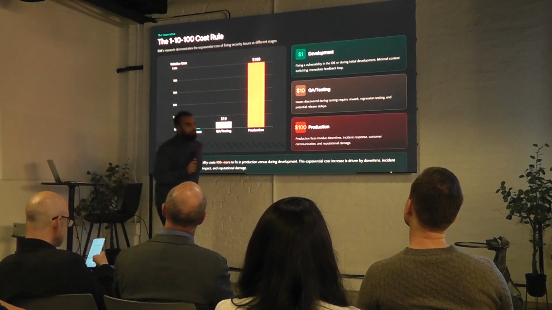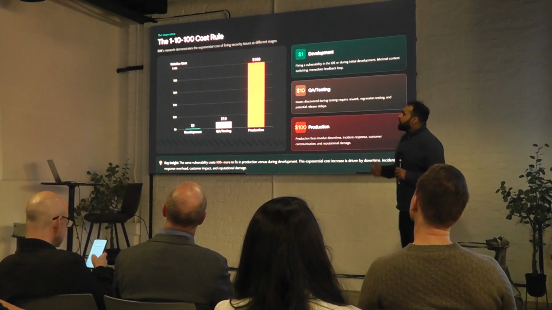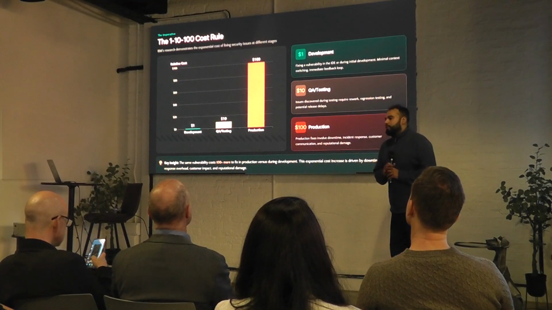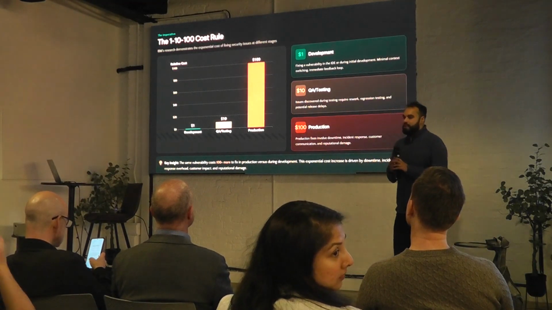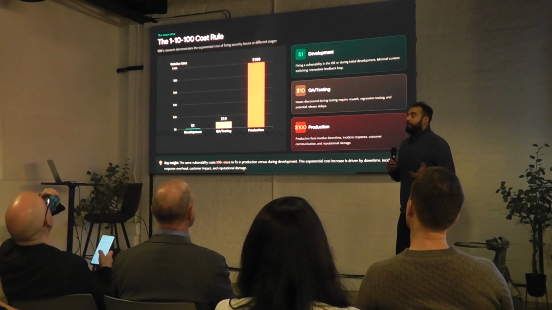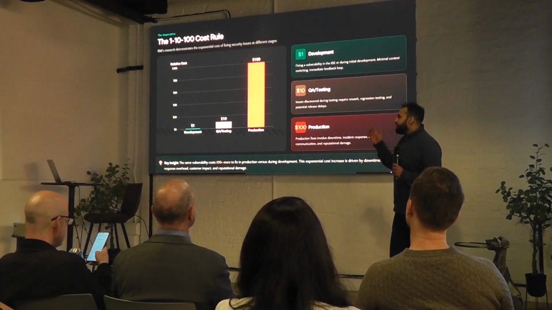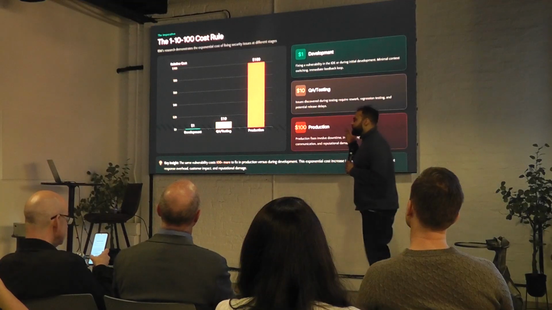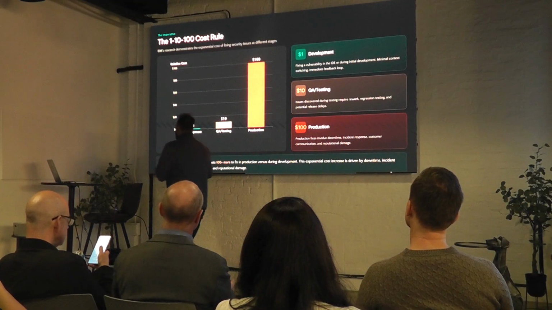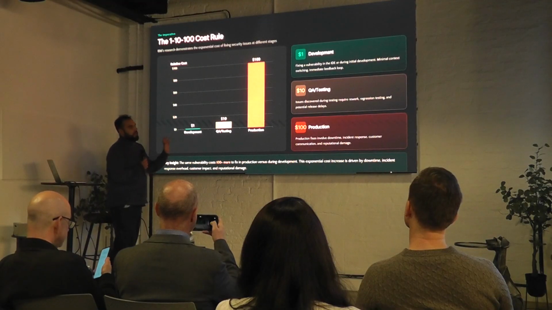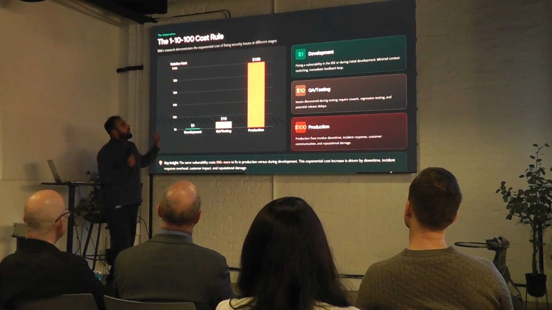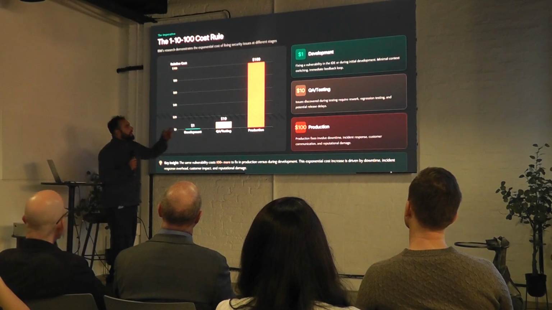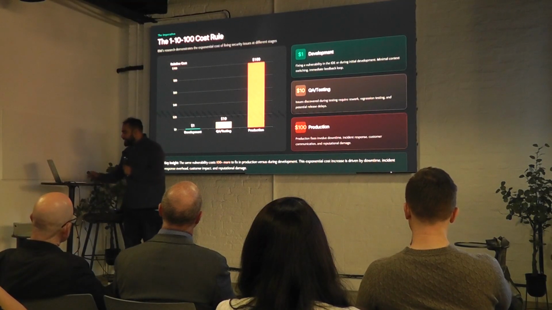So I have a really good visualization of this. They have the 1, 10, 100 rule. So software written in the early development stage costs $1 roughly. When it comes to QA testing, it costs $10. But then when it comes to production, it costs $100. So what they're actually saying is that during the whole process, depending on what stage you are actually in, the cost of catching a bug or a security issue multiplies by 10. I kind of paid attention in maths.